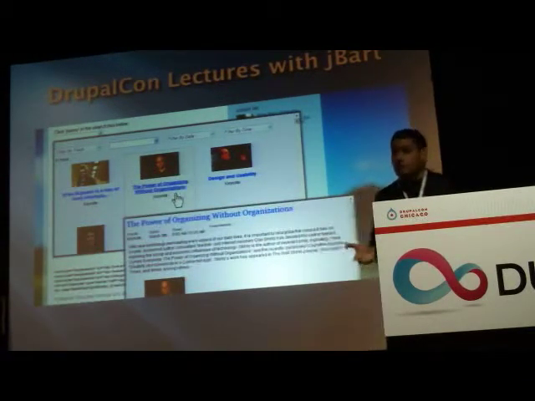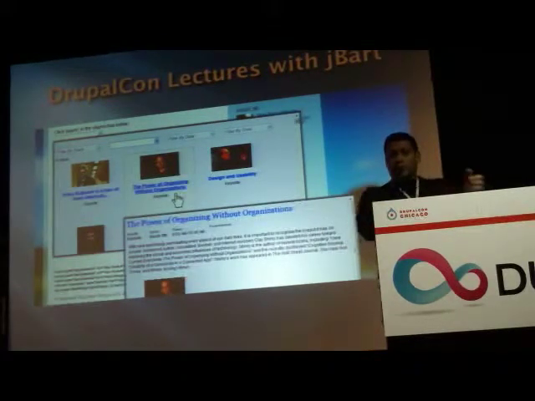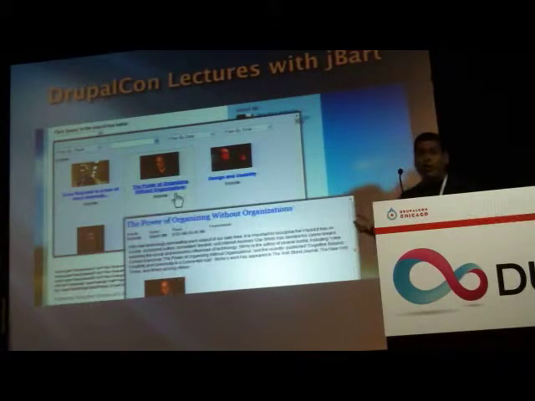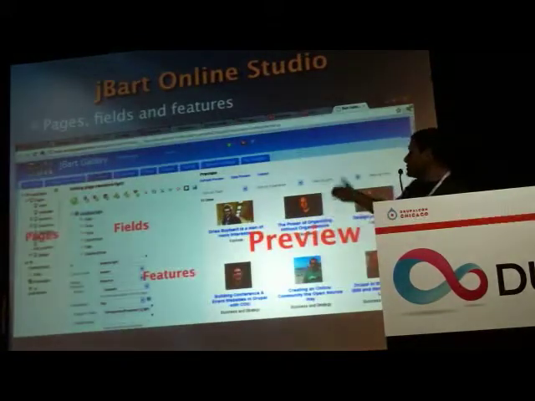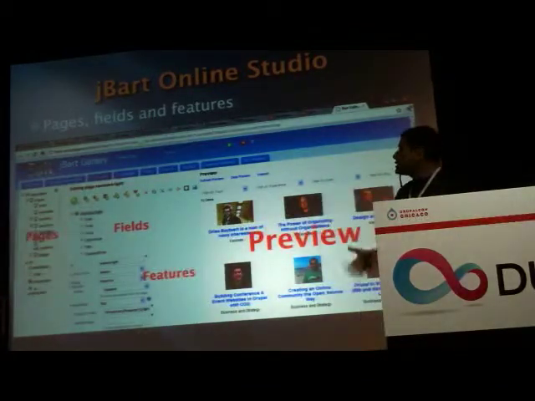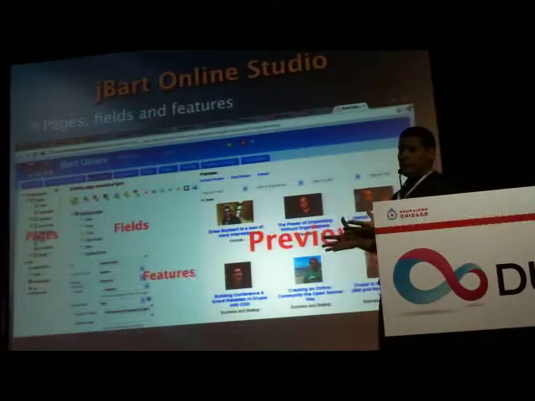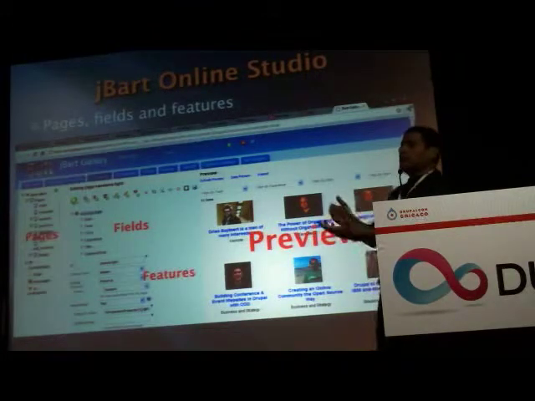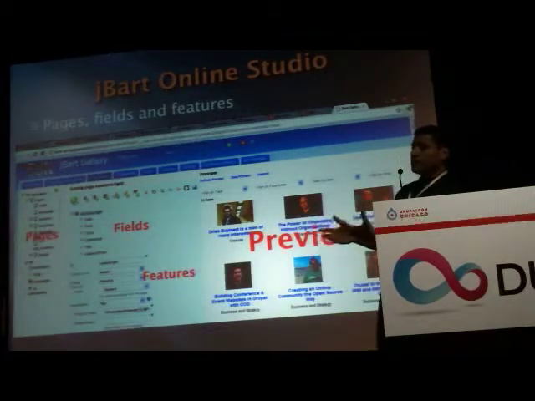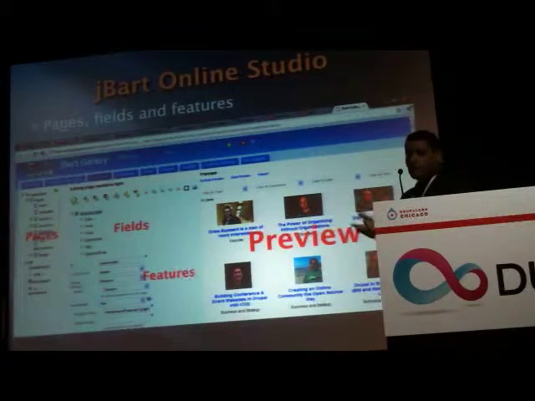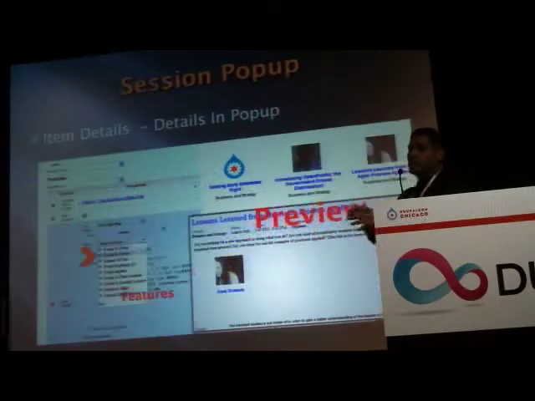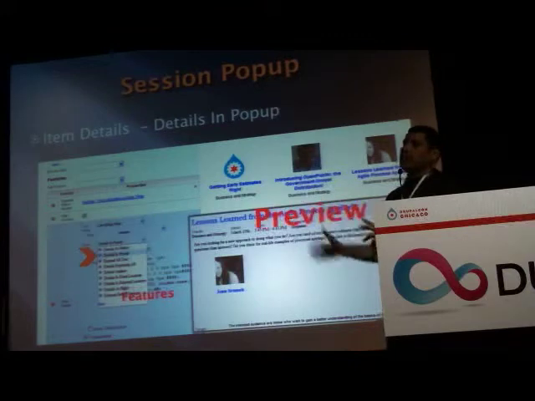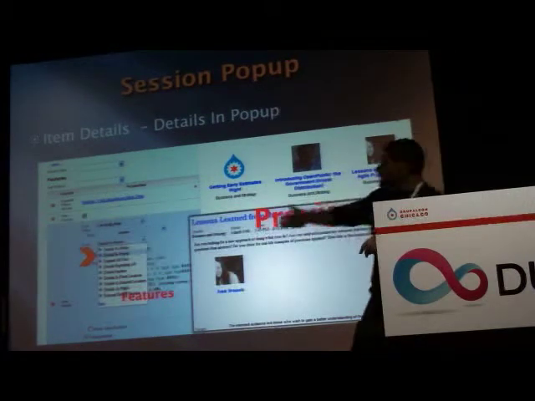How was it developed? First we have to get to know the studio, JBart Studio, which is on the web. It's online. It has pages, fields, and features. This is how it looks. In this case, the page is the session page, and the feature is a feature of a page, which says how to deal with item details. Here we say we have to open the item details in a pop-up. We can open it by replacing all, we can open it in a dialog, and we can do it in